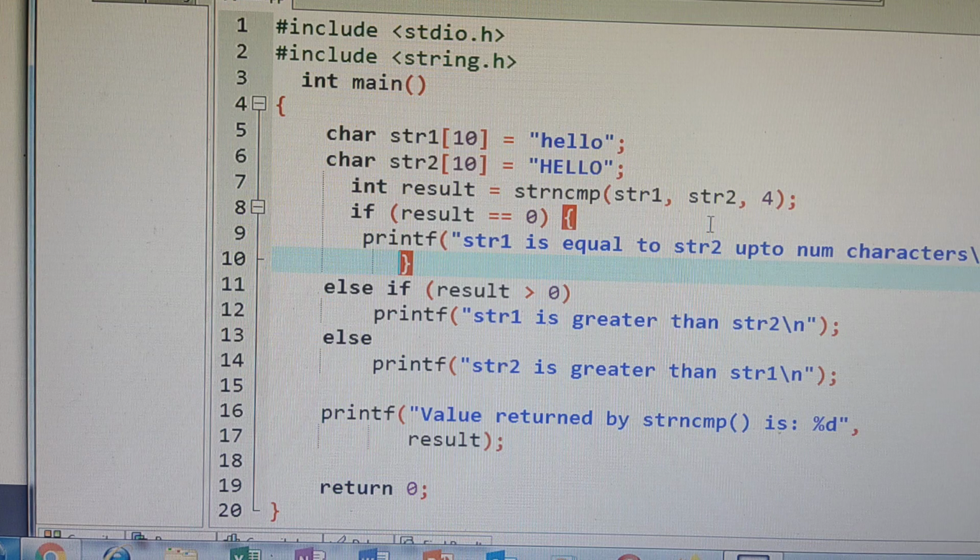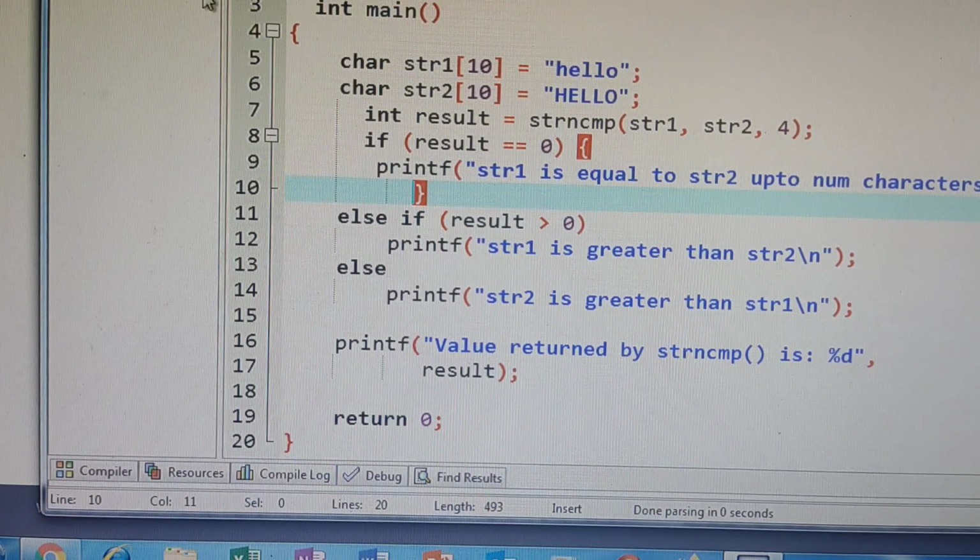If both the strings are equal, then you will get the result as 0. If you are getting a result greater than 0, what does it mean? String 1 is greater than string 2. And if you are getting a value less than 0, what does it mean? The string 2 is greater than string 1, or the first string is less than the second string. Okay, so this is the program.